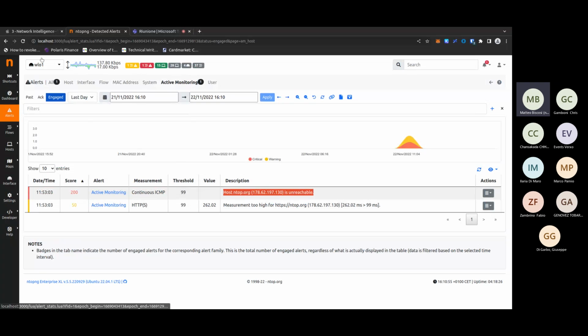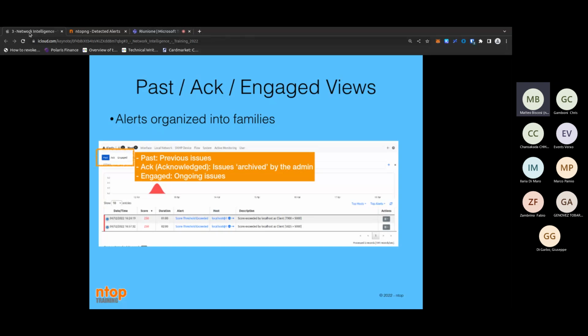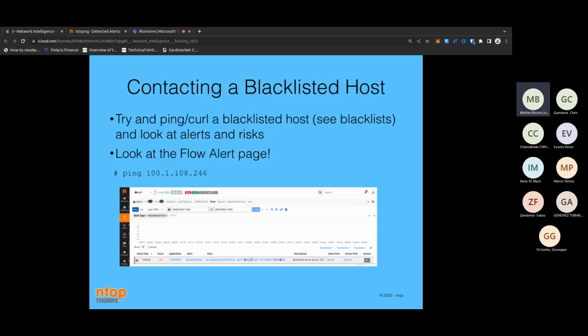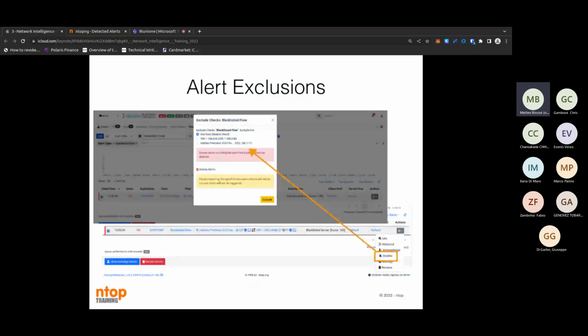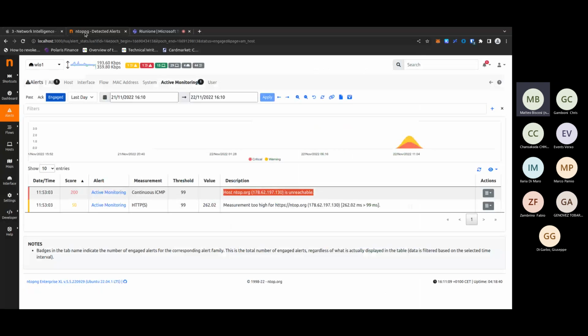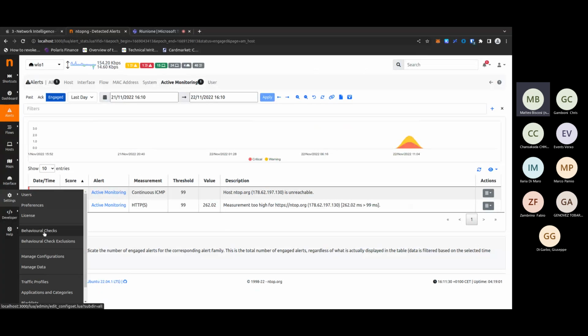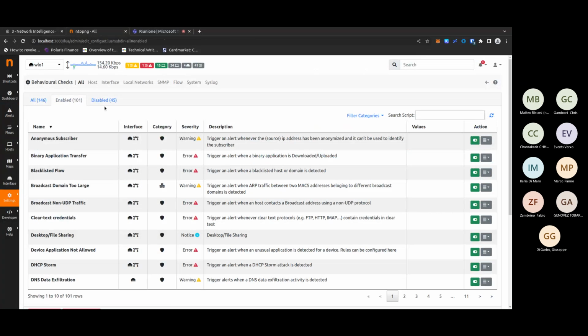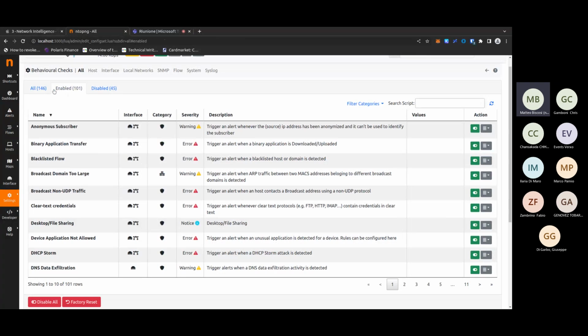Now, let's jump back to the slides. We have seen these alerts and we have seen how to disable alerts. Before jumping to delivering alerts to external recipients, I want to show you one thing. We have talked about all these alerts, but which alerts can be enabled and which can be disabled? To see them, just jump to the settings, behavioral checks,